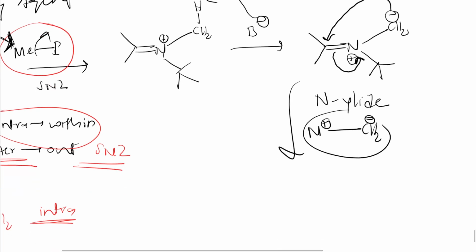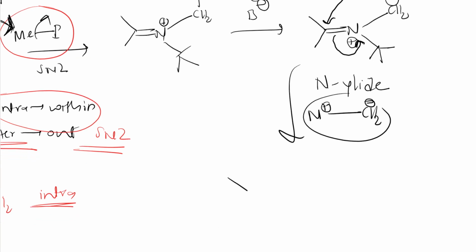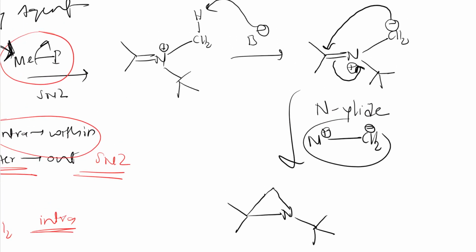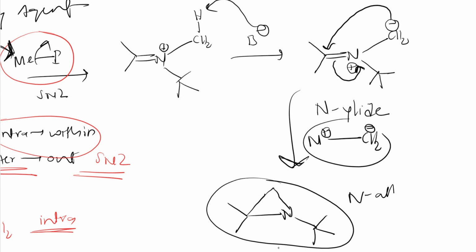See here. So this CH2 is there. To this here, other things remain as they are. Tertiary butyl group, right? So this is how the reaction goes. I hope you noted it, right? Simple reaction. So what is this? This is nothing but an N-alkylated aziridine. This is how we synthesize it, right?